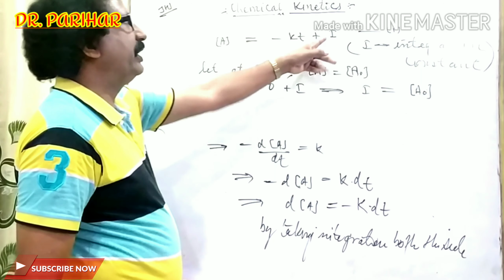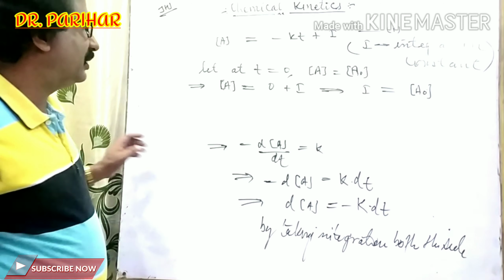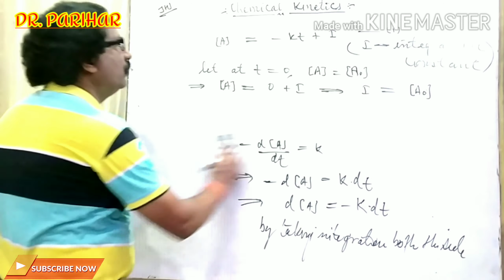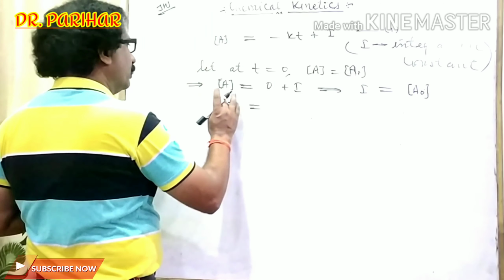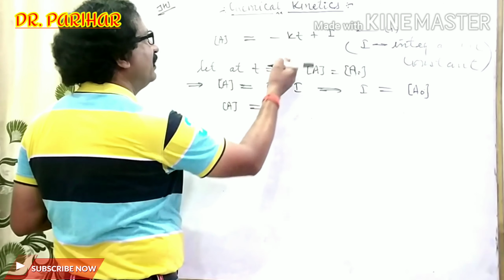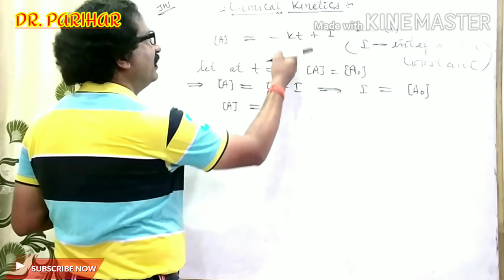Now applying this value in the first equation, the concentration of A must be equal to... Don't get confused here, I have taken this as 0 and this is equal to this, and this is already equal to this, right? Now, initial concentration, remaining concentration here minus AP plus initial concentration, okay, which implies